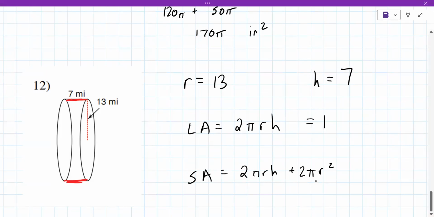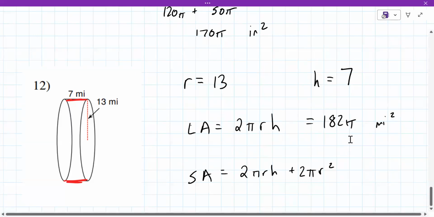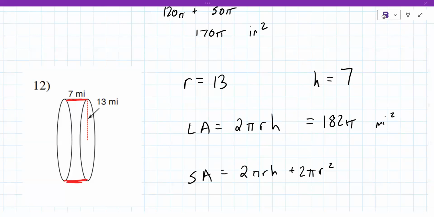Did you say 182 pi? Oh, I could. Miles. Miles squared, yes. And then I need to find